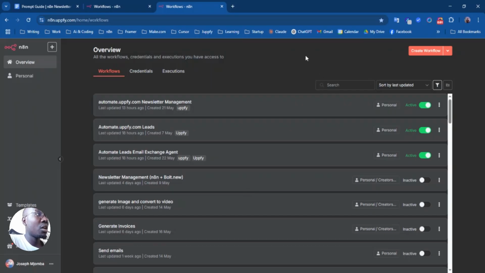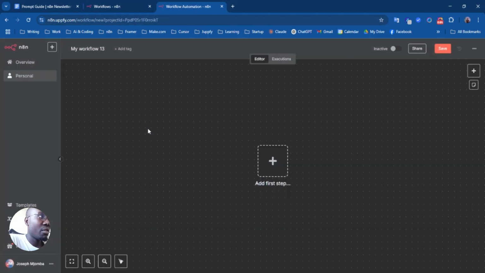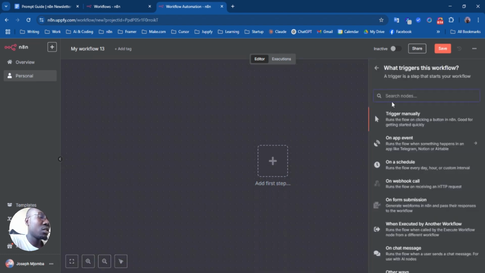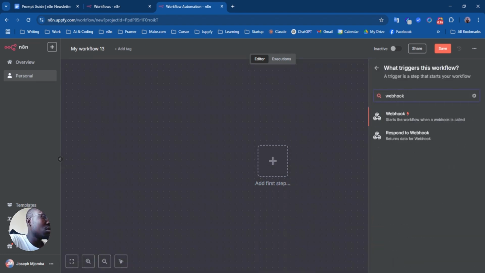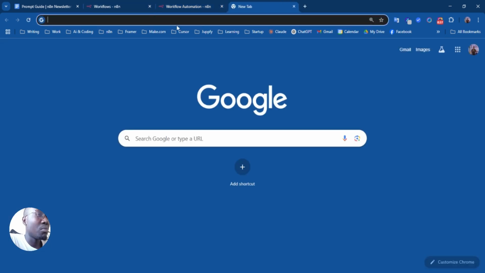Okay, so we are going to create a new workflow. I'm hoping that you already have access to your n8n account, and then we're going to start with the webhook trigger because we want to communicate with our Bolt frontend. We open Bolt. Let's go to Bolt.new